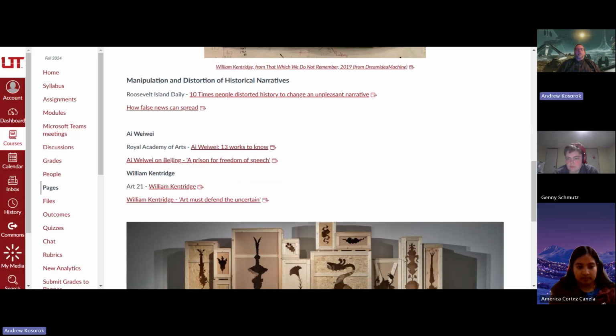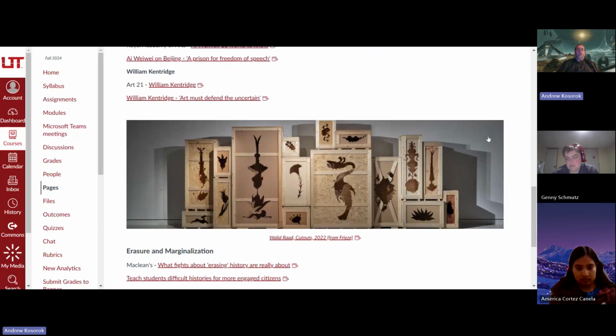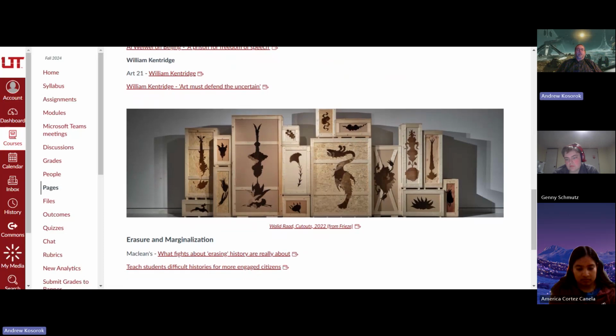But Ai Weiwei does a lot of artwork, some of it's performance, some of it's sculptural, some of it's architectural, where he deals with the purposeful misleading and misinterpretation of history, or the complete disrespect of history. Like one of his pieces is a short film where it's just him dropping a literally priceless Ming Dynasty vase because he's so appalled by how few Chinese people know their own history and how that has impacted their lack of criticism on foreign affairs. And it's just really interesting.